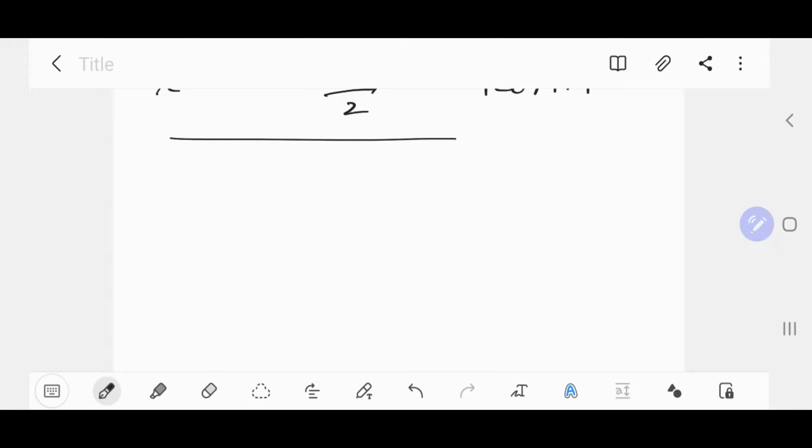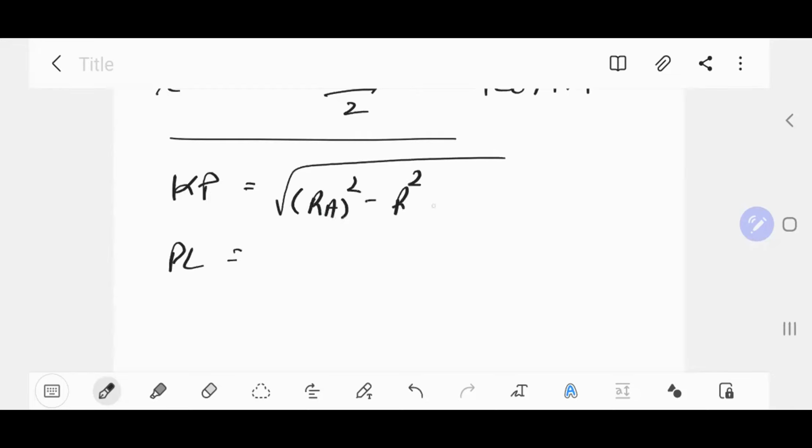Not that. Just check the equation of length of path of contact. KP and PL, KP is equal to what? In that equation, we have the values like under root of RA square minus R square cos square phi, minus R sine phi. Am I right? So in this equation, if we have the KP, can we calculate the RA?